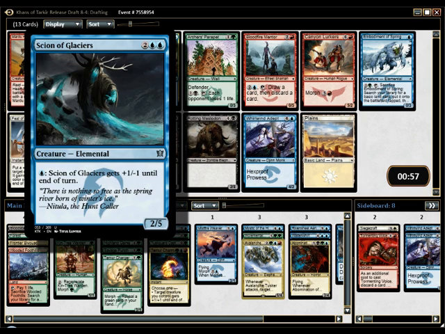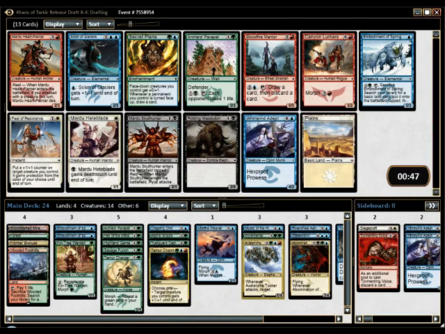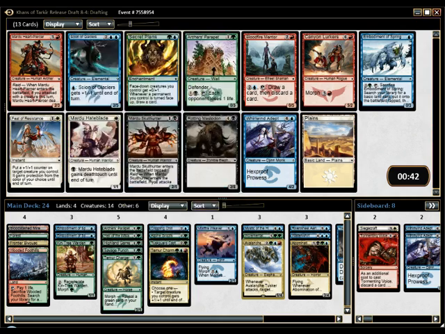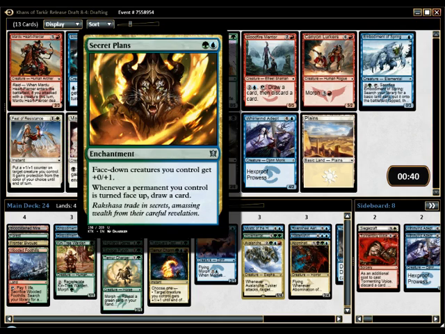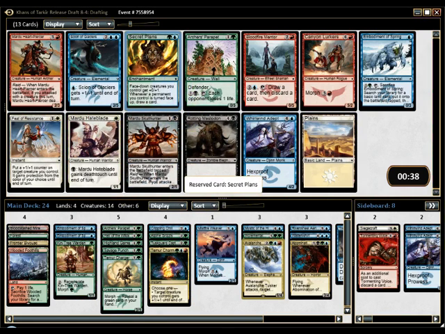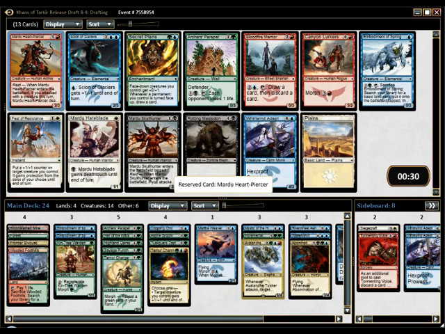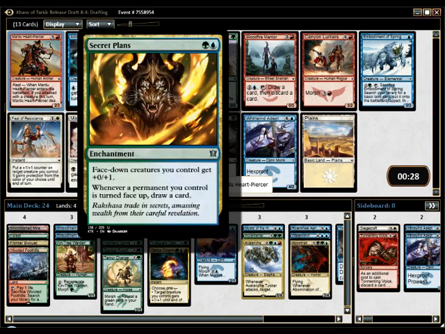What in the world is this? A card that Gnome hates. Scion of Glaciers. Ah, for my mono blue deck. Mm-hmm. It doesn't fly. No, it's literally a cost double blue. Oh my god, I think it's time in pack 3. I was looking at the Heart Piercer. What more? It just being red. This is straight up. But if they have the secret plans, then...